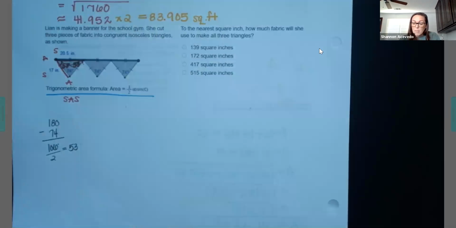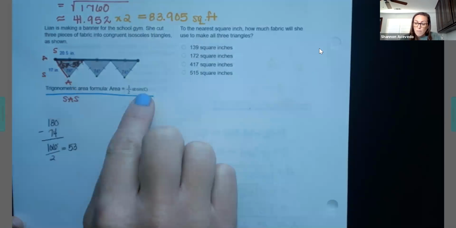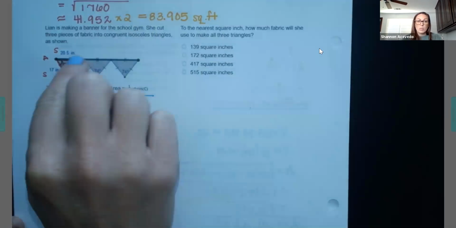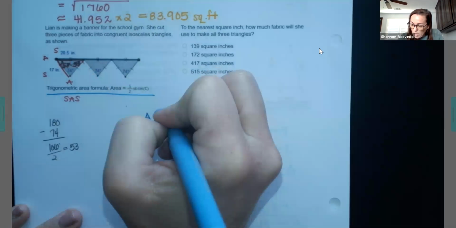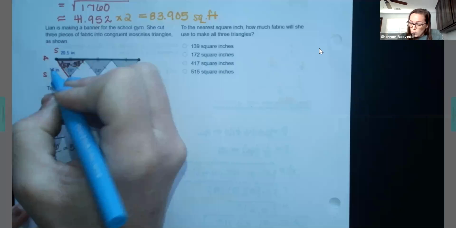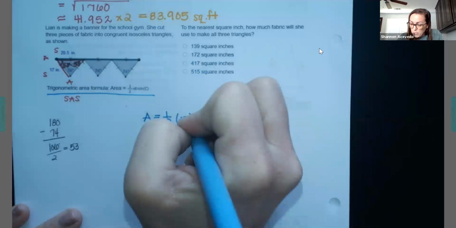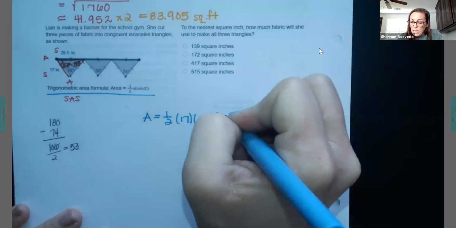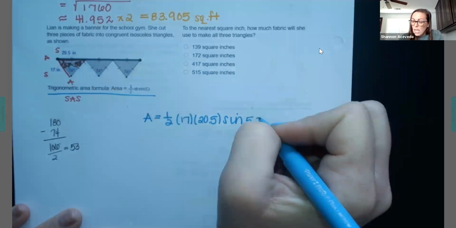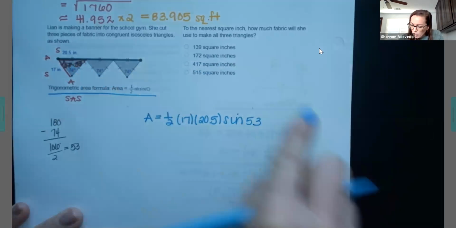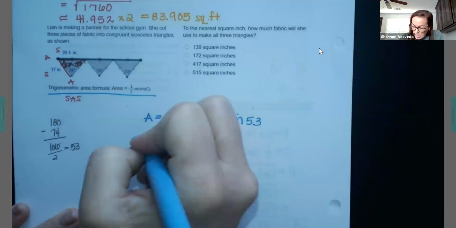So remember, I need to make sure I'm using the angle that is in between the 2 sides. It's the angle that is made from knowing my 2 sides. They call that the included angle. It's in between the sides. So I go over here and I plug everything into my formula. Area is going to equal 1/2. I'm going to do 17 times my 20.5 times the sine of, now remember, it's the angle that's in between the two sides, which is my 53 degrees. And I would plug all of this into my calculator in one shot, and it tells me that the area is going to be